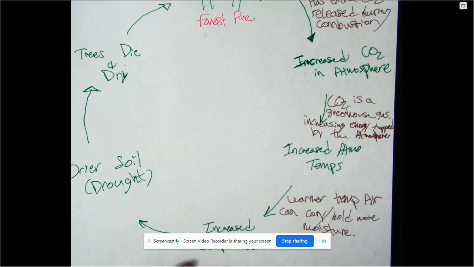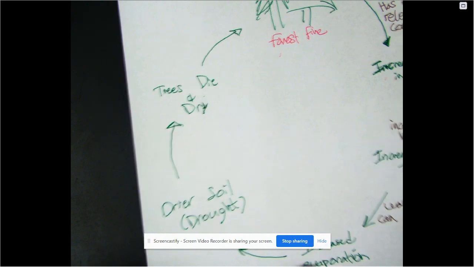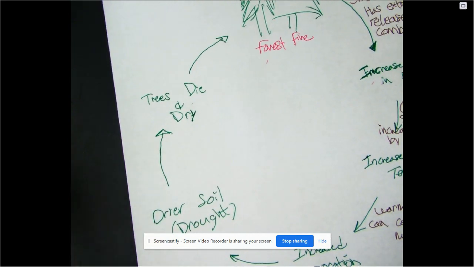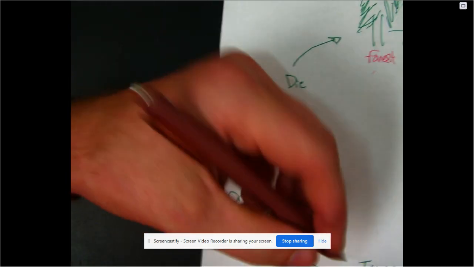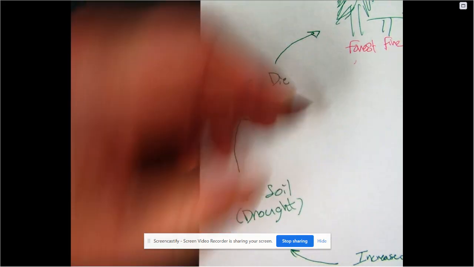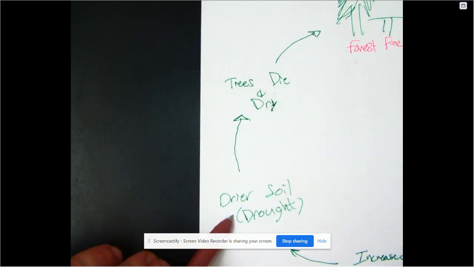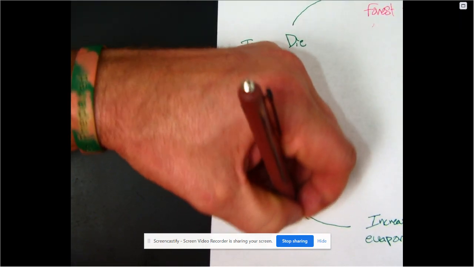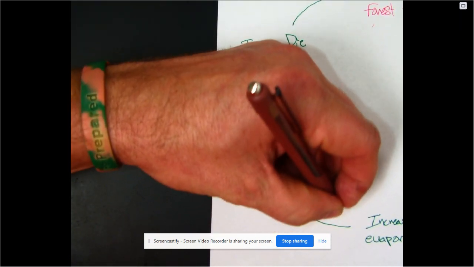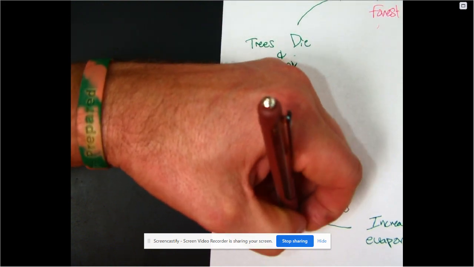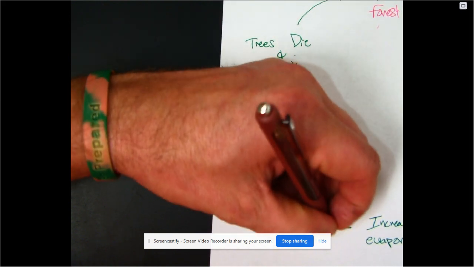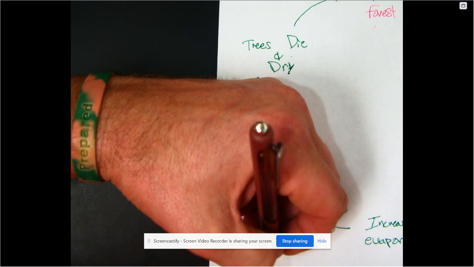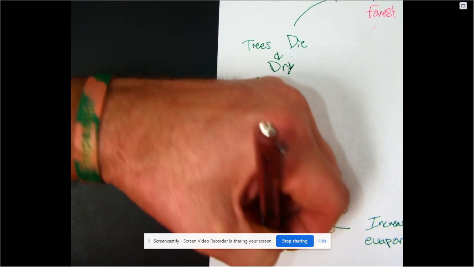That's why it's able to evaporate more. Increased evaporation, drier soil. Okay, so evaporation. How do we know that the increased evaporation is going to cause drier soil? We know that because water leaves soil and is